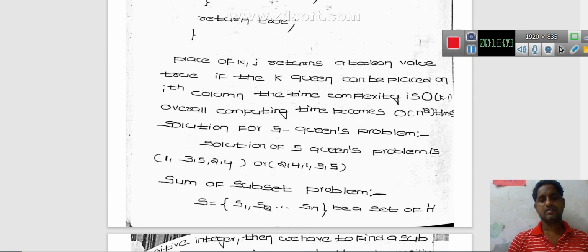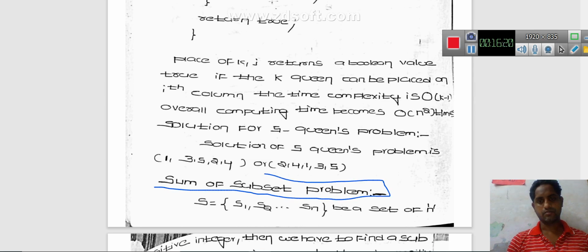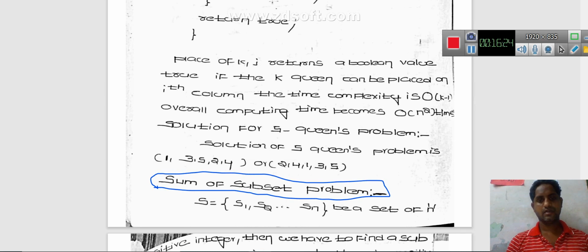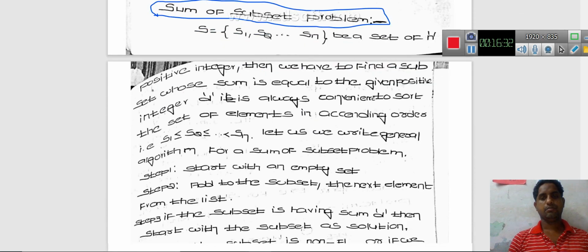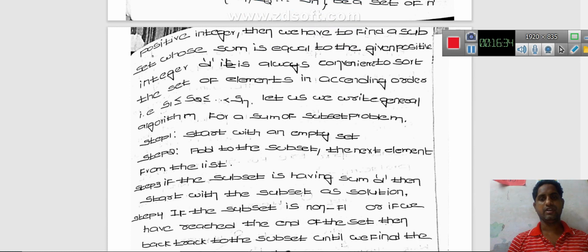Next topic is the sum of subset problem using backtracking. Let S equal to the set S1, S2 and so on up to Sn be a set of n positive integers.